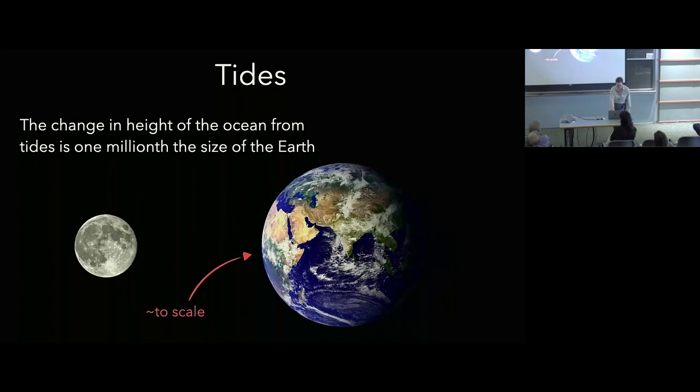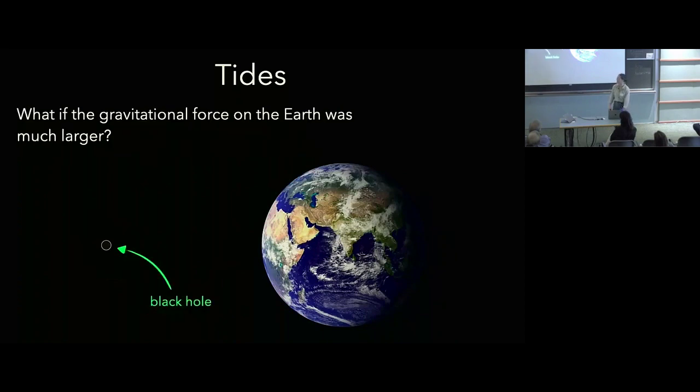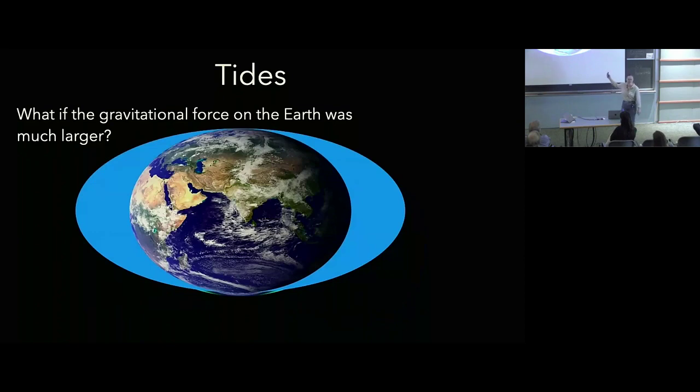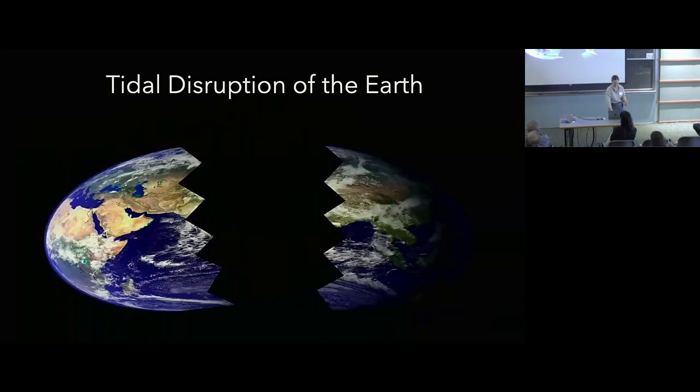But if you had a much stronger gravitational force, if we have an interstellar situation, we put a black hole there, then we get the dramatic tidal wave tides that you see in Interstellar. You also would eventually, if you're close enough, stretch out the Earth and rip it apart. This is not a simulation, but I am going to show some simulations of stars getting disrupted, and importantly, people